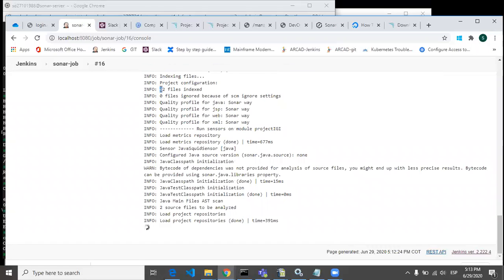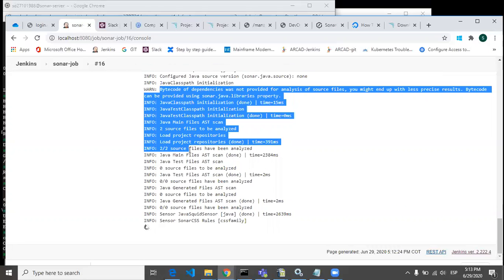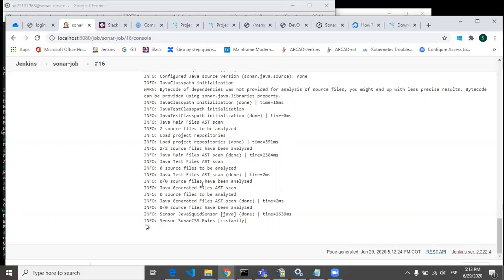You can see 42 files indexed, so it is analyzing all your source code. 2 source files have been analyzed. You can see the logs from here.